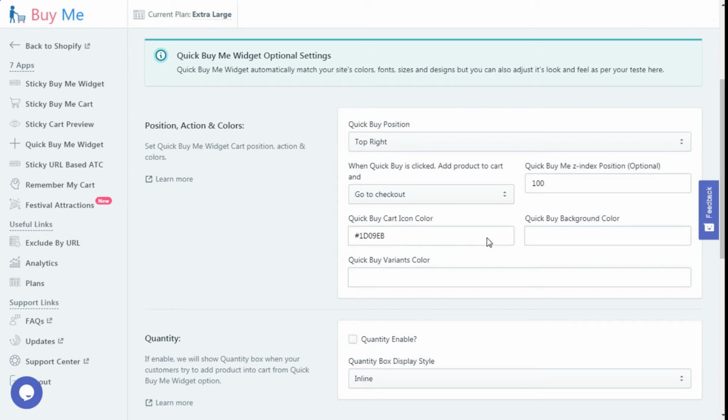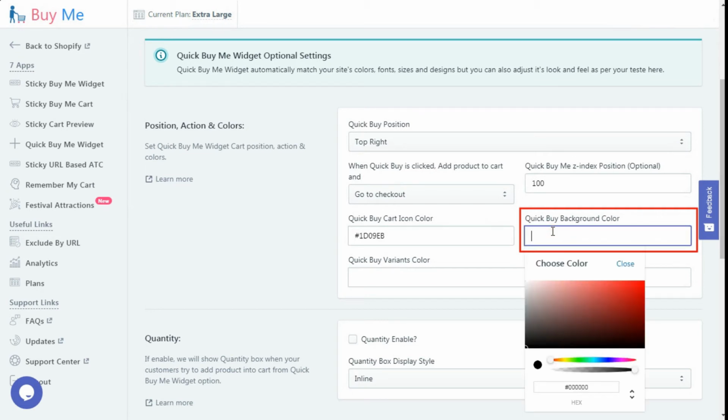The next option is Quick Buy background color. Using this option, you can set the background color for the Quick Buy Me widget icon. When you set the color, it will be reflected on the desktop as well as on the mobile. Here, you can select the color from the color picker which appears when clicking on the box.